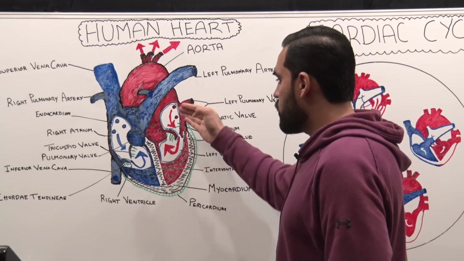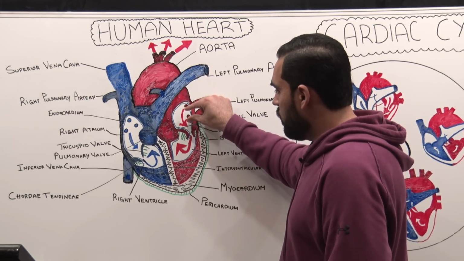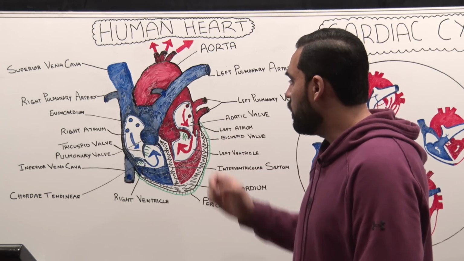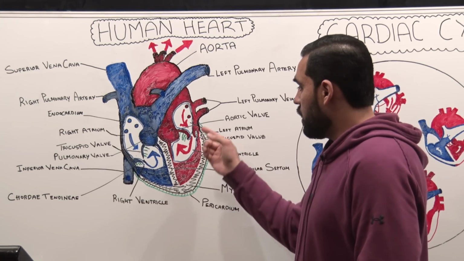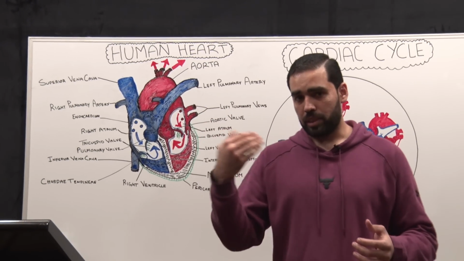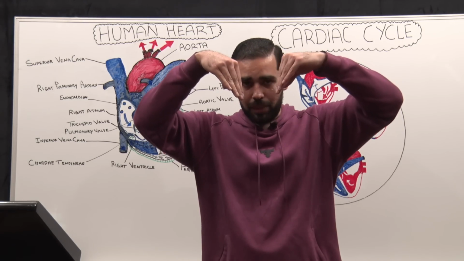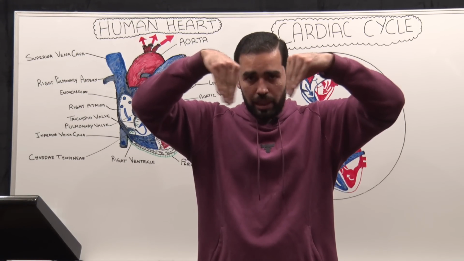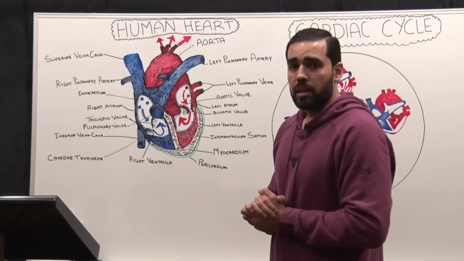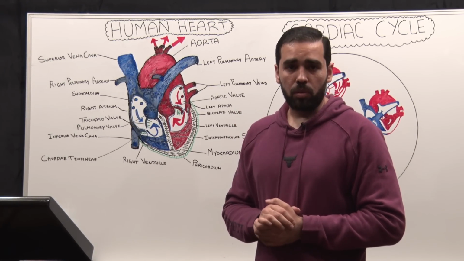Now let's discuss the atriums and then the ventricles. On the left side, the left atrium and the left ventricle are divided by a valve. This valve is called the mitral valve, but it's also called the bicuspid valve because it has two cusps. The structure of the valve is somewhat like this: one cusp is like this and the other cusp is like this, so it opens and shuts just like that. This is why it's called a bicuspid valve. The function of the valve that you need to understand is to make sure there is one-way blood flow in your heart.